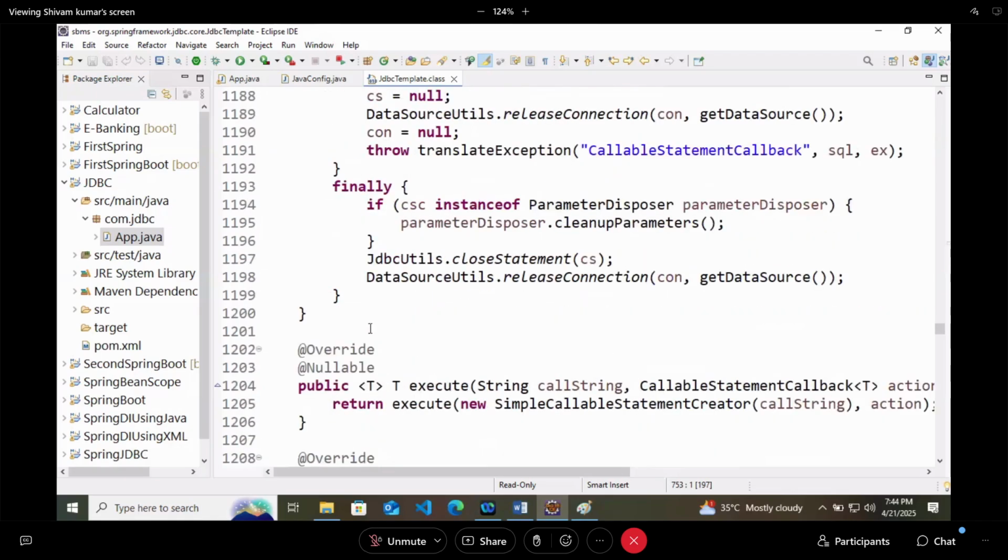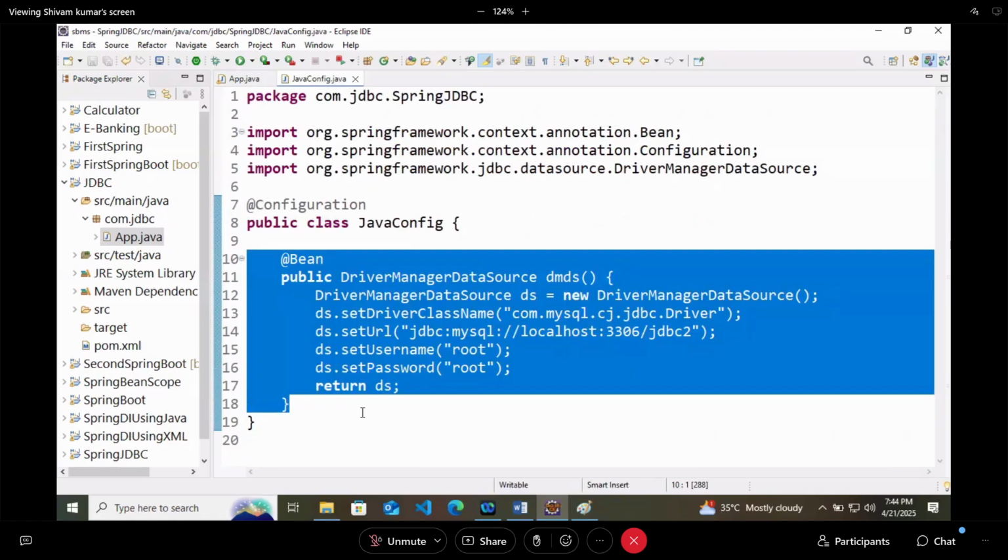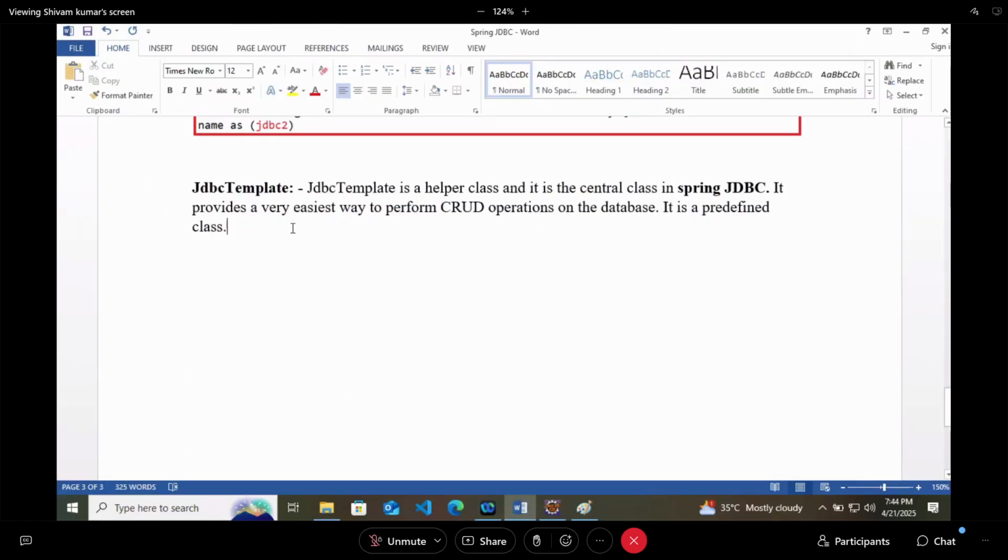We just have to use them properly, right? What is the main work of it? It makes all the database operations very easy to perform.